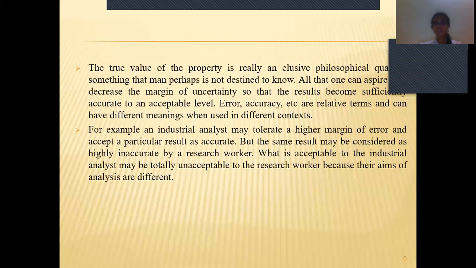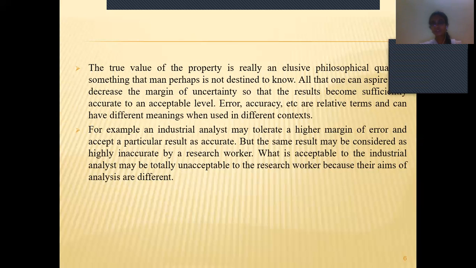And also the true value of a property is really an elusive philosophical quantity. Sometimes man is perhaps not designed to know all that one can aspire to, and we decrease the margin of uncertainty so the results become sufficiently accurate to an acceptable level. Error and accuracy are relative terms that can have different meanings. For example, if we take any analyst performing an experiment, he